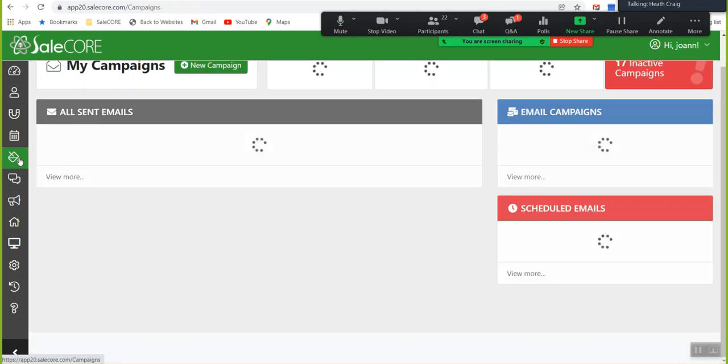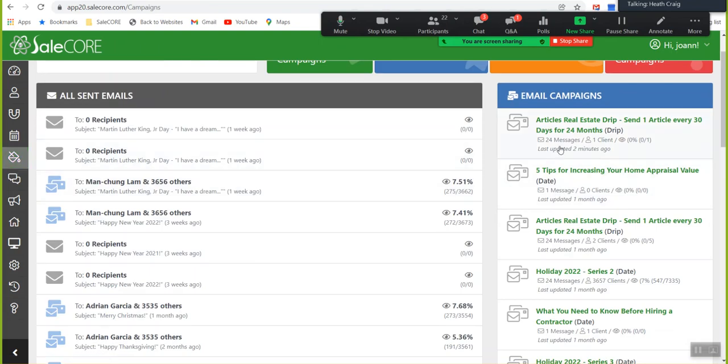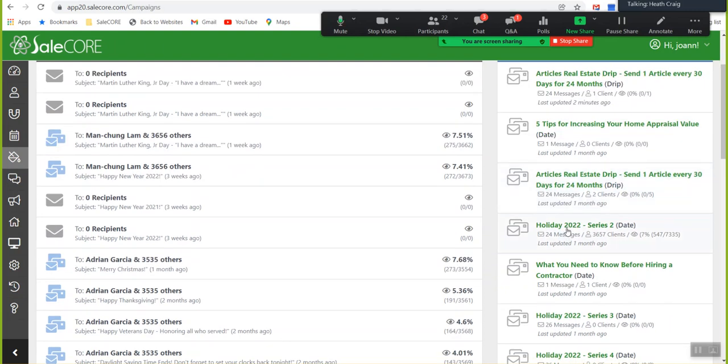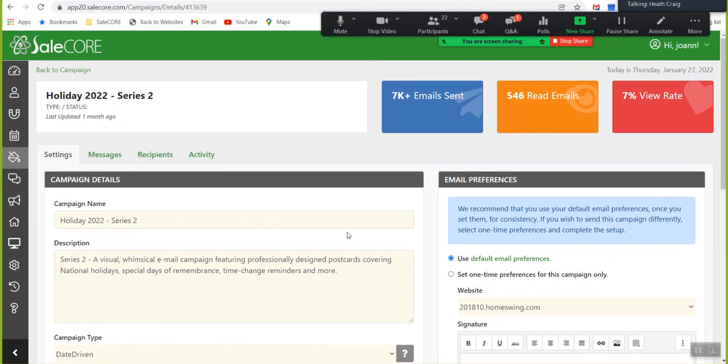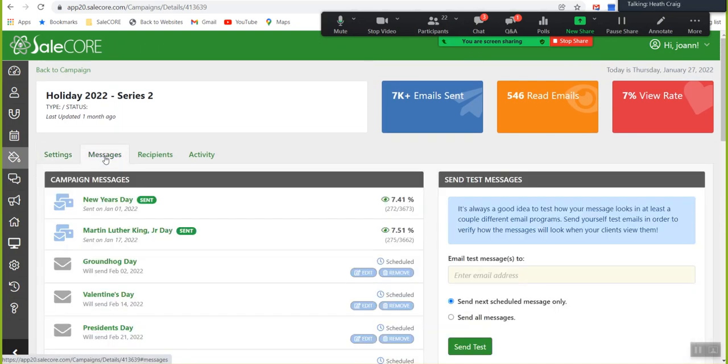Now, if you click on the e-campaigns here on the left, again, you'll see the campaign, how many messages, and the clients that are actually added. Okay. So again, I'm going to scroll down here. You can see that I have the Holiday 2022 Series 2 already going out to the clients here. And if I click on the messages,